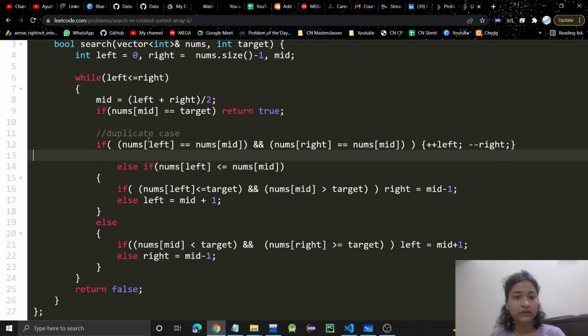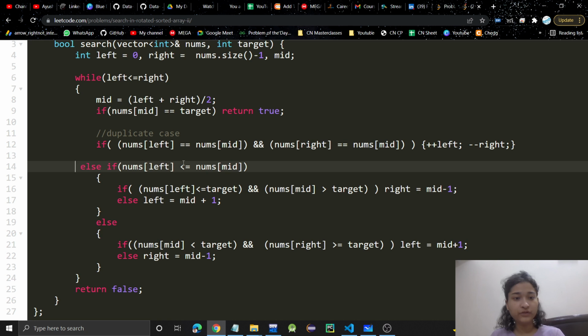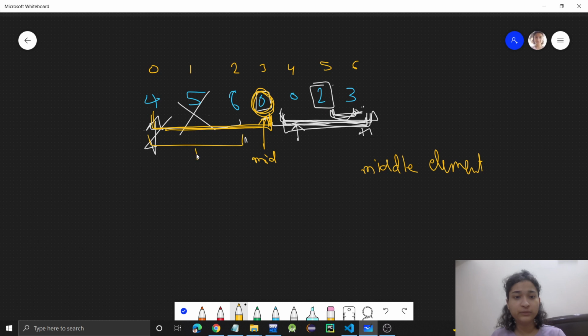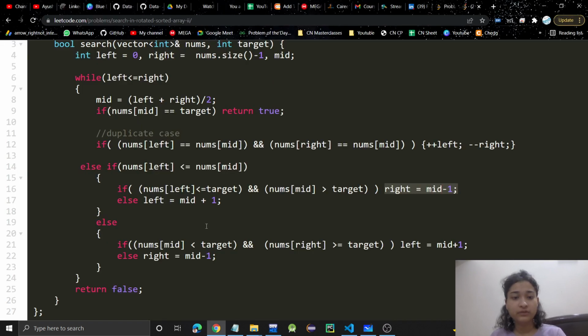So in the else if, for nums of left, we check whether the target lies in that range. If it is greater than the left and less than the mid, we will shift our right to this part, or else we will shift to the other part.